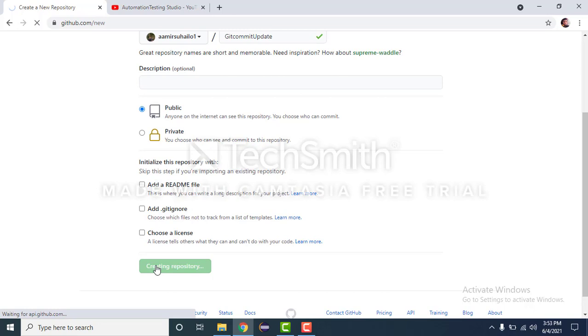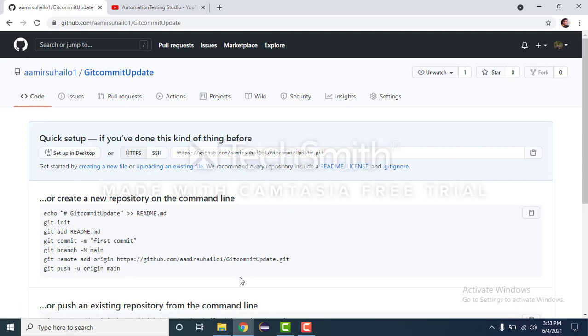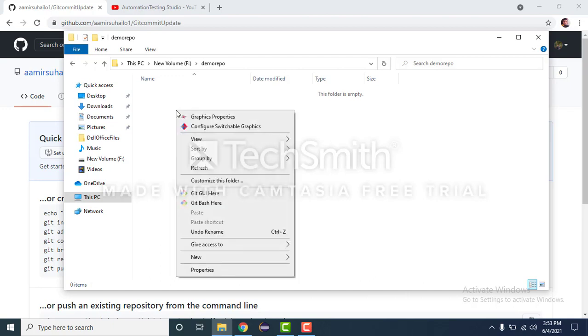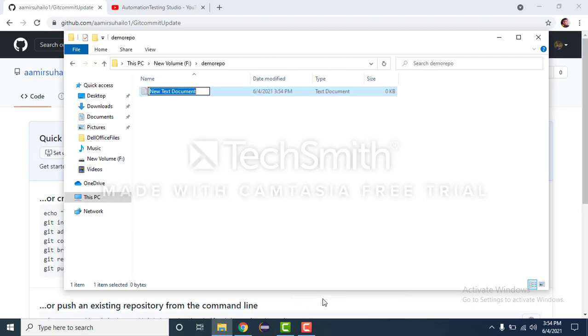Once it is created, we will create a new project in our local file system. In your computer, just create any folder. For demo purposes, I am using a sample text file. Let us create the text file, let's give it my Java page.